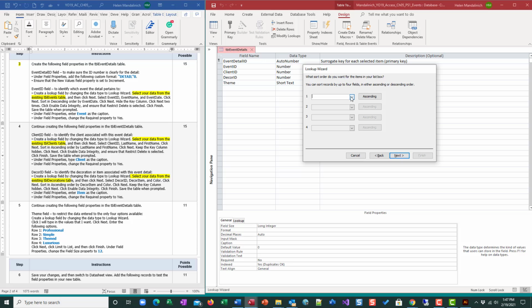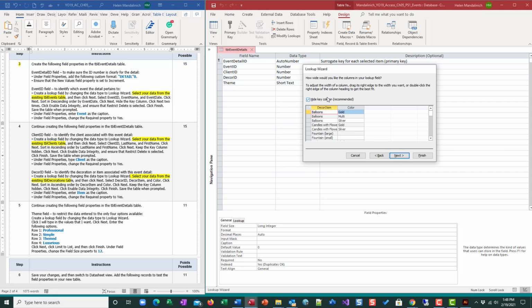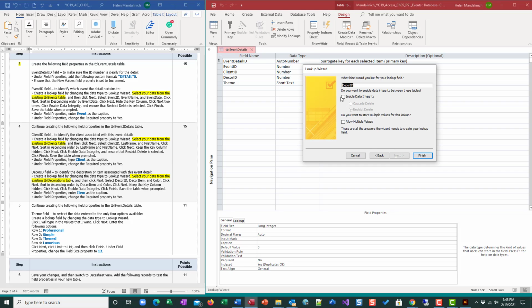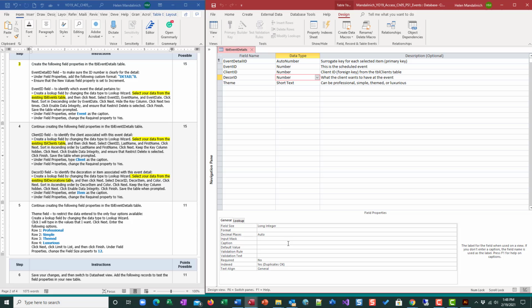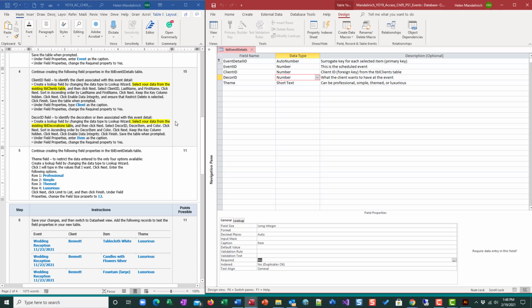Next, sort by decor item and then by color. Next, hidden. Next, data and finish. So then under decor ID, field property caption is going to say item, and it's going to be required, and we're going to save it. We have one more,